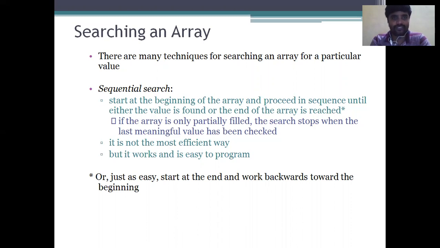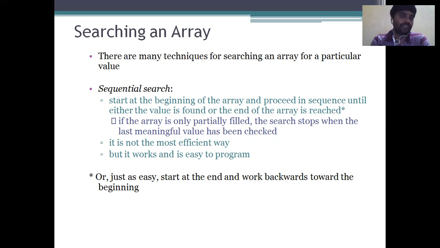So the main important things about sequential search: first, start at the beginning and reach the end of the array. Secondly, it is not the most efficient way, but it works and is easy to program.